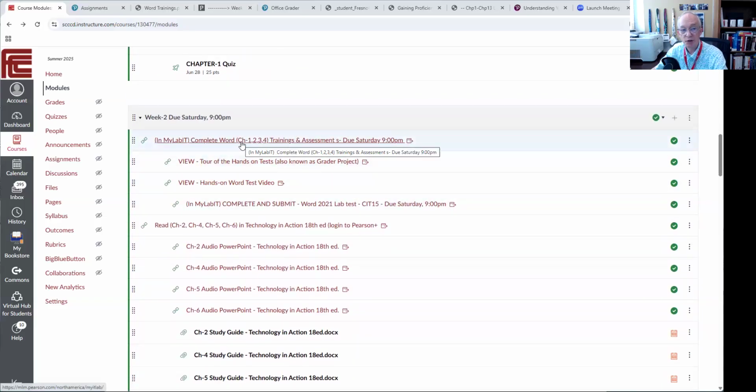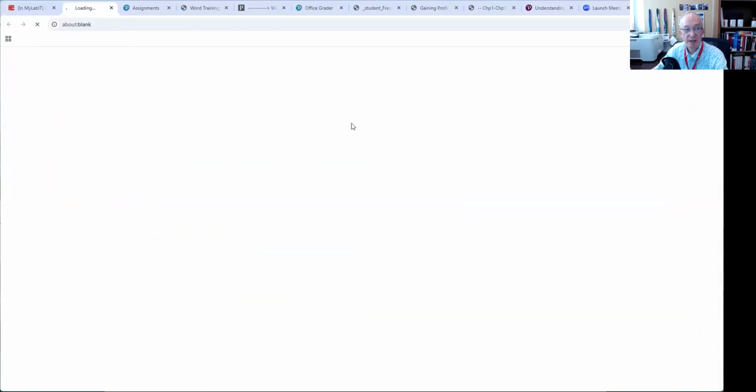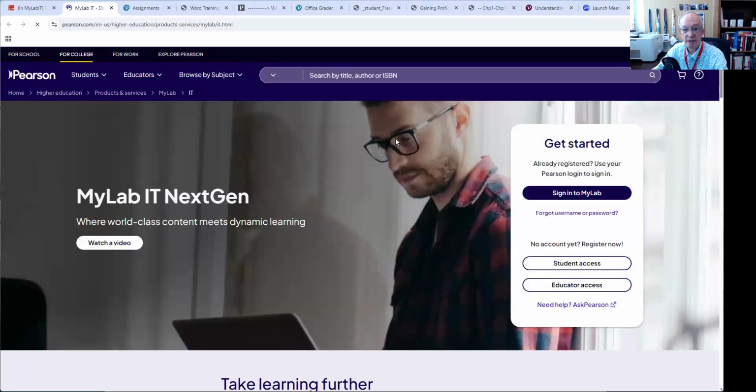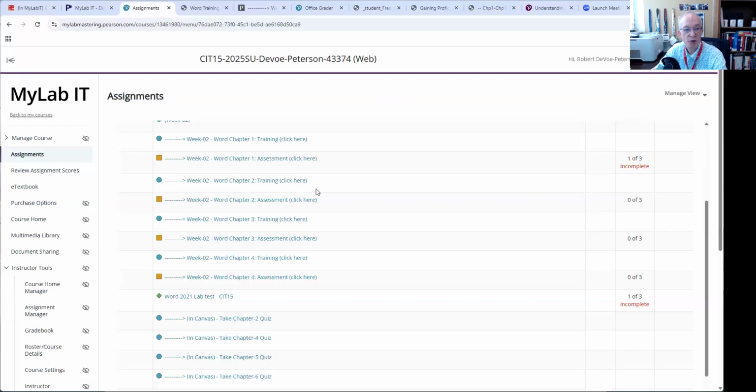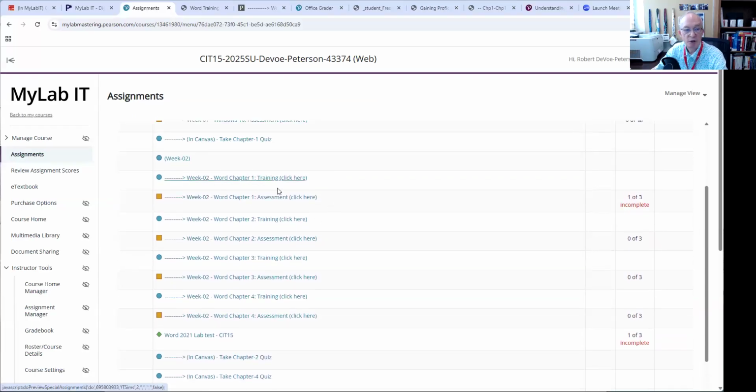We're going to complete 4 chapters in Microsoft Word. And so that's in my TLAB. If you click here, you'll be directed to go to mytlab.com. You'll log in and you will see this page right here. So I jumped to it. I already logged in, and you can see here that you have a training and assessment for chapters 1, 2,